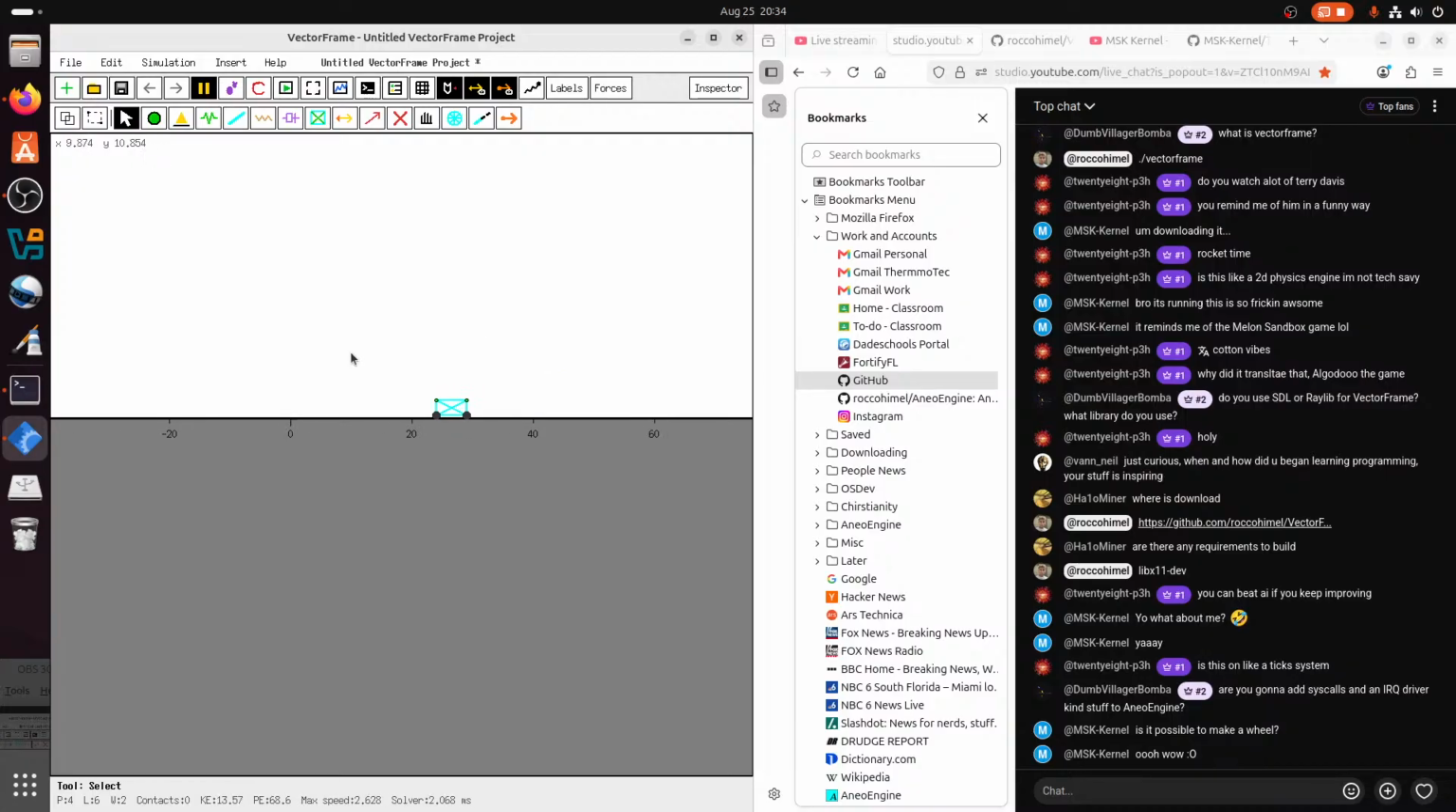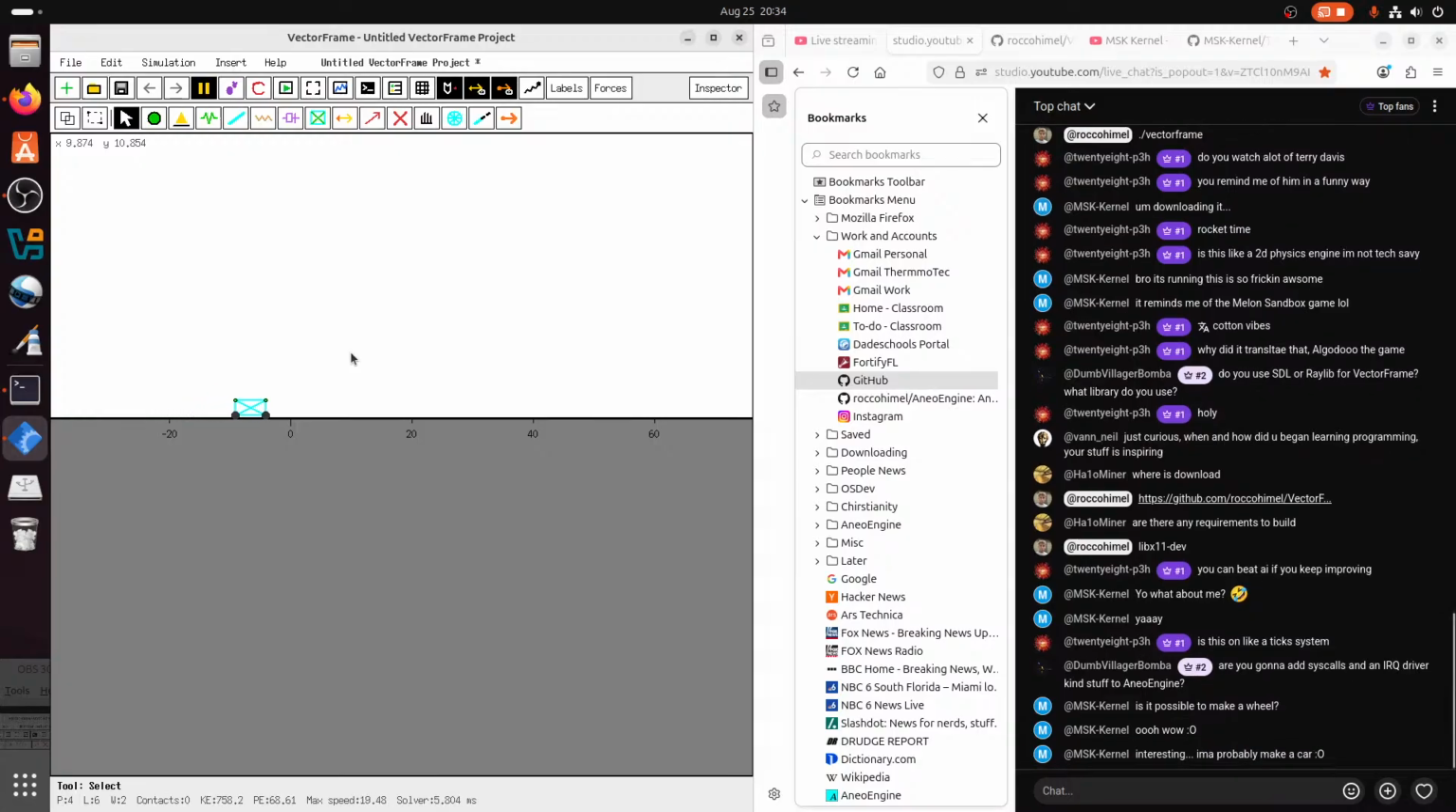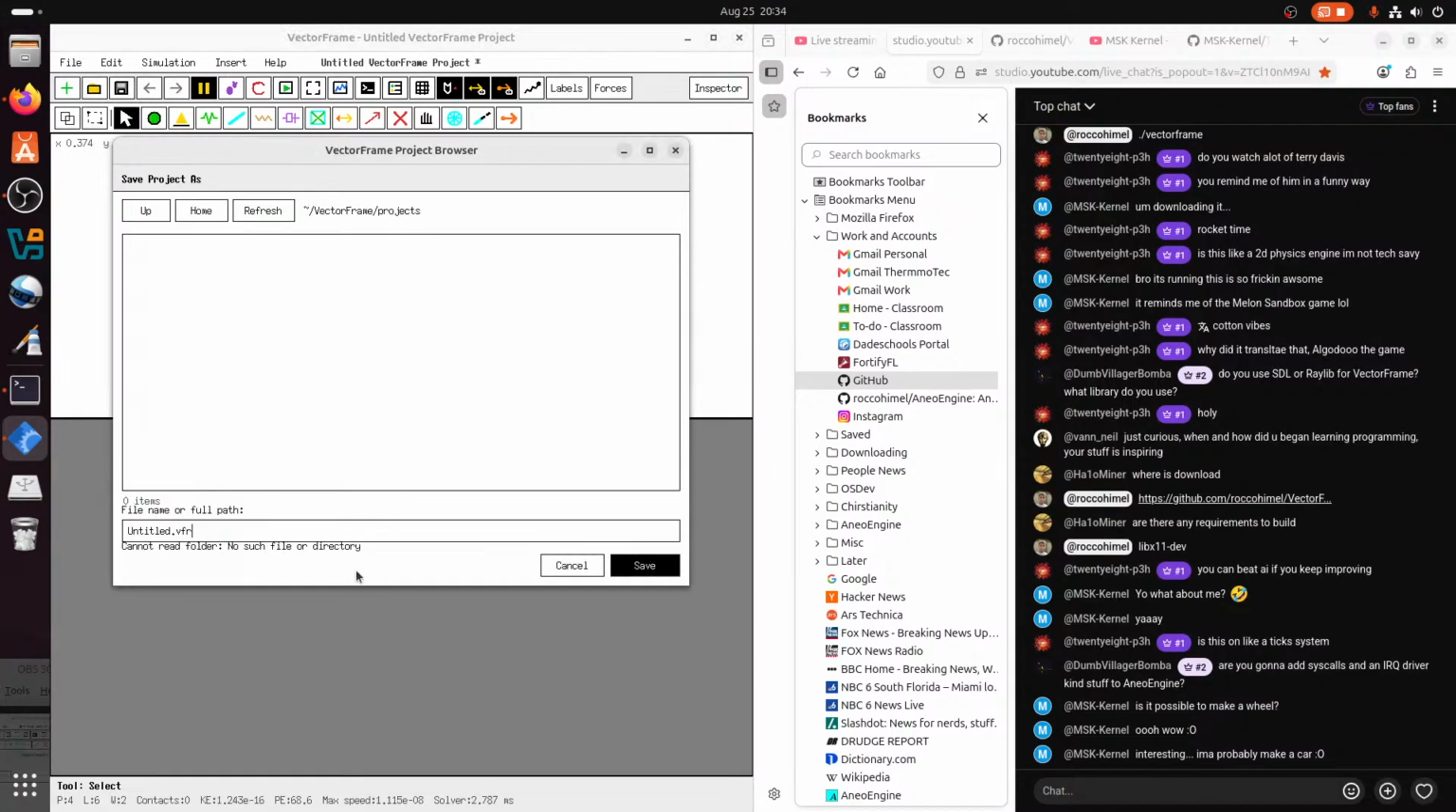Boom. There's no sound because something corrupted and I forgot the sound, so I just removed it from the source code entirely. Yeah, dude, make a car. You can also save your projects. So if you go to File, Save As, you can literally